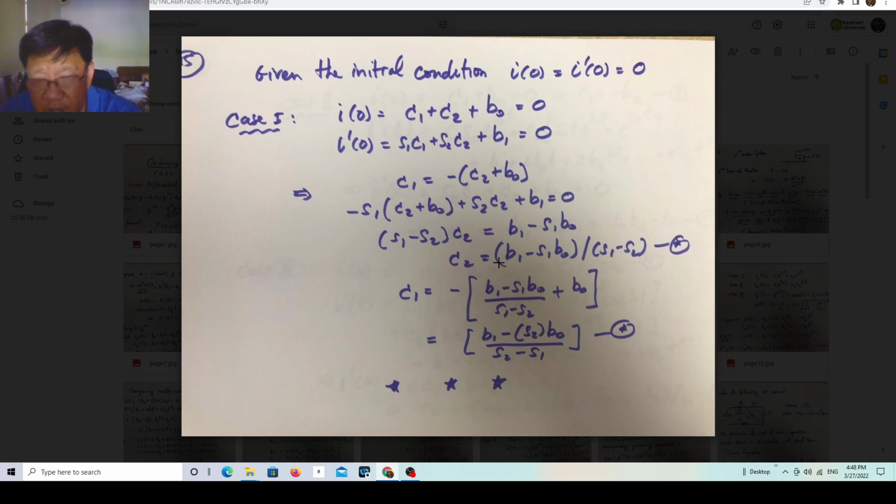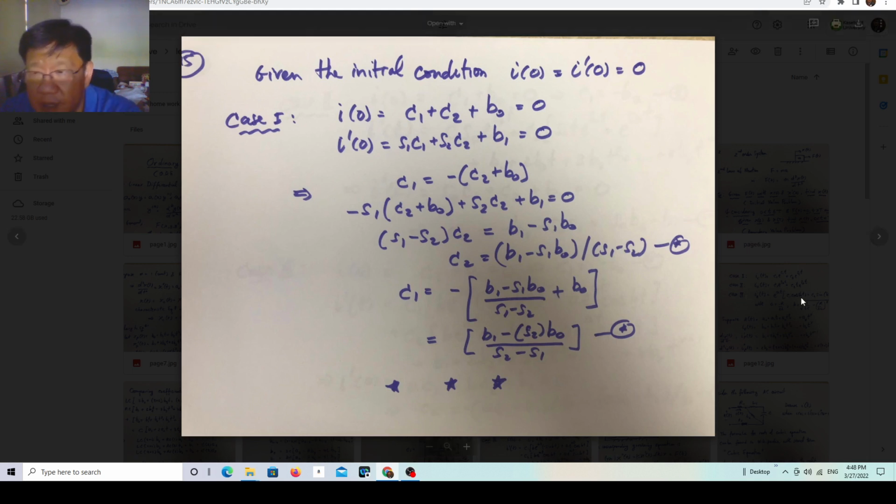Very straightforward, and you get this relationship for C sub 2. And then you put this C sub 2 back into the first equation to derive C sub 1. Okay, so this is quite a straightforward derivation for the general form of C sub 1 in terms of C sub 2. In the next step, we use similar analysis for case 2